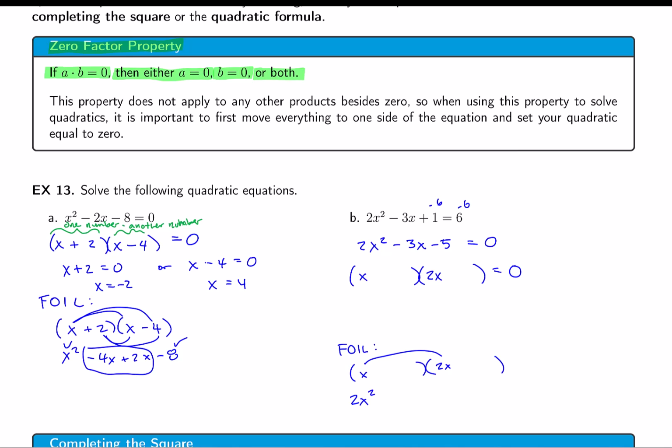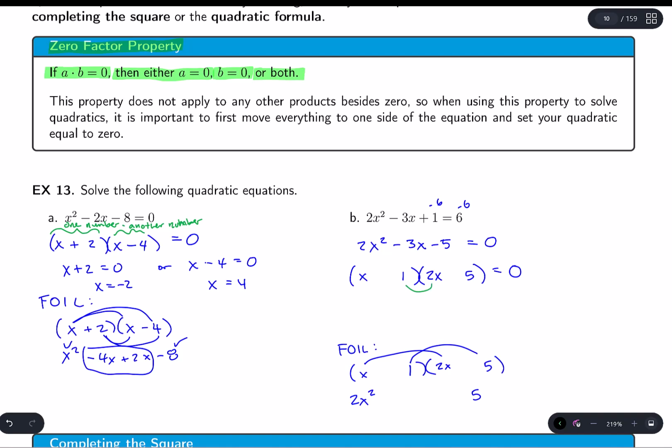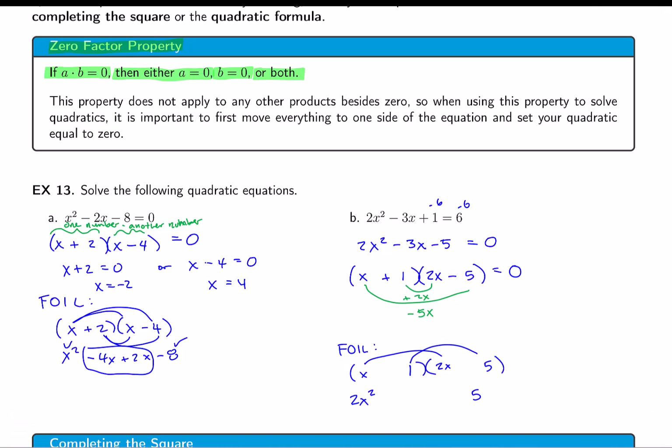Now you need two things in the last part. So if you do 1 and 5, you want those to be able to multiply together to give you the -5. All right, so when I multiply these together, I get 5. But what I need in addition is the middle two to work out. So like 1 times 2x is 2x. X times 5 is going to be 5x. And I need these to essentially add up to -3x. So if that's negative and that's positive, that's going to work out. So that tells me that should be negative and that should be positive. And this should work just fine because